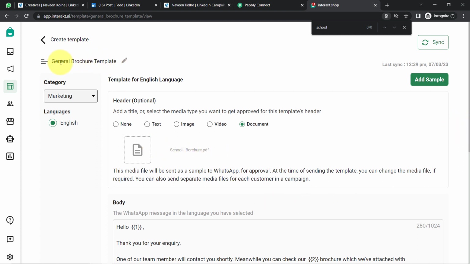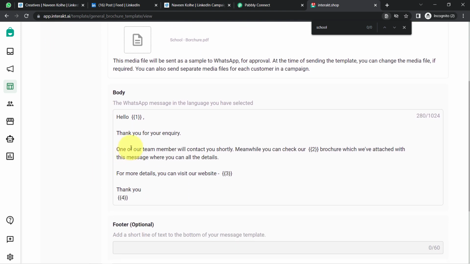So here you can see this is the name of my template, this is the language I have selected. Here you can see header, which is optional, but in this case I have attached this document along with my header because I want to attach my brochure as a header only. Instead of a link I would like to send my brochure as a header. And here you can see under this body section you can